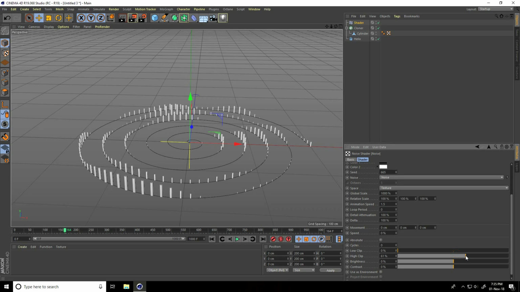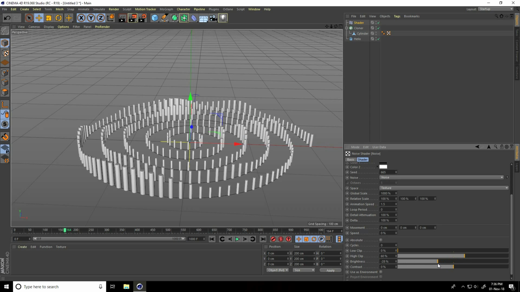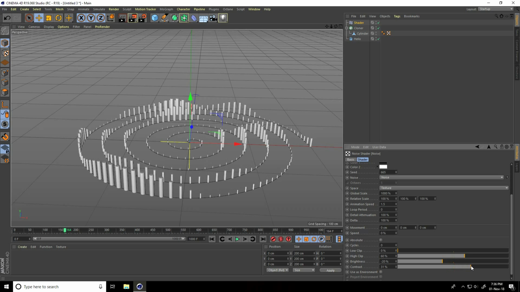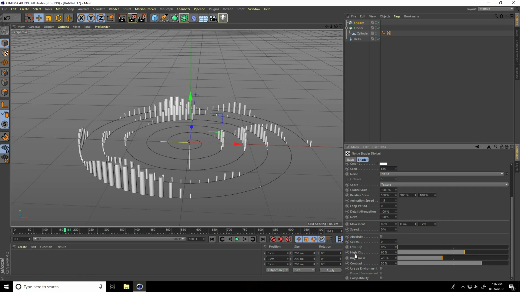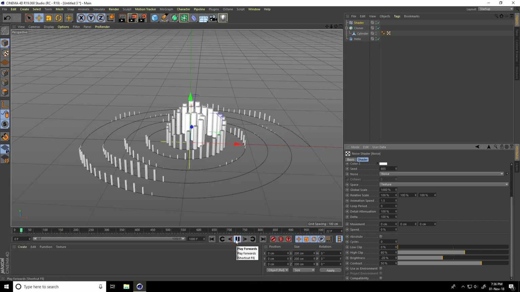High clip I increase like 60 and brightness decrease like -20 and contrast I take like 50. Yes, that's good. See guys, high clip I take 60%, brightness take -20 and contrast take 50%. Go on back.